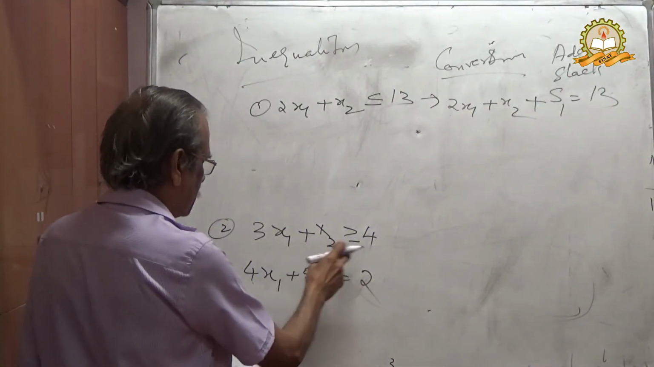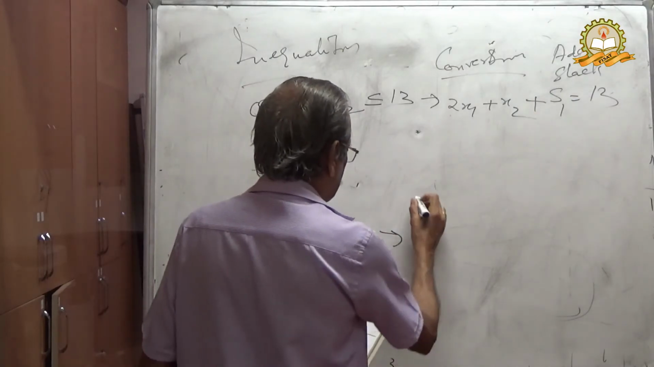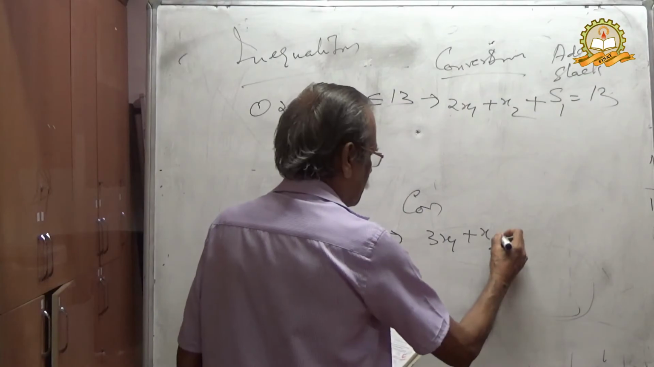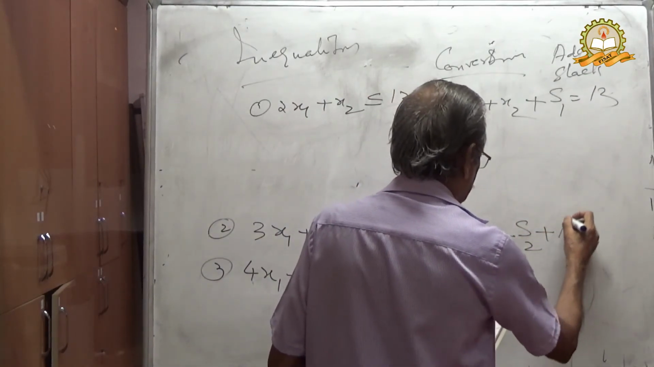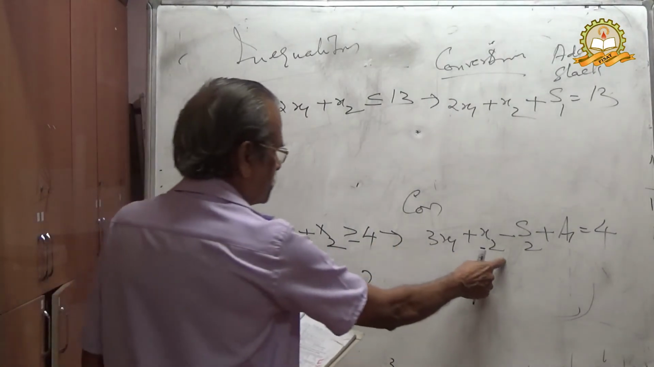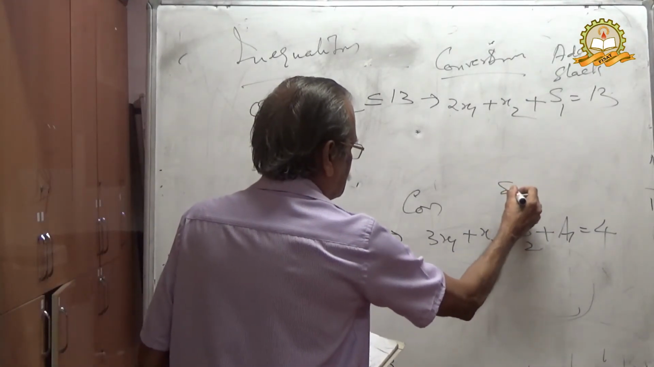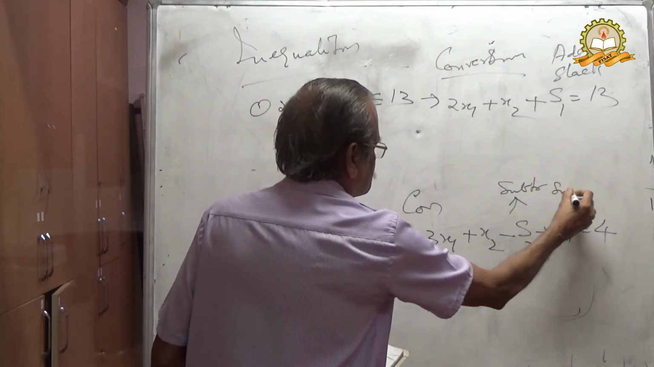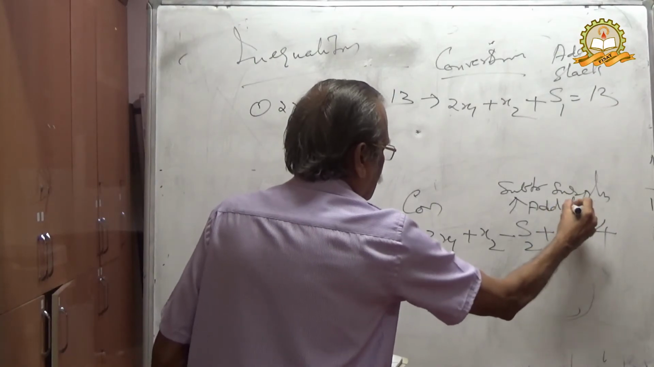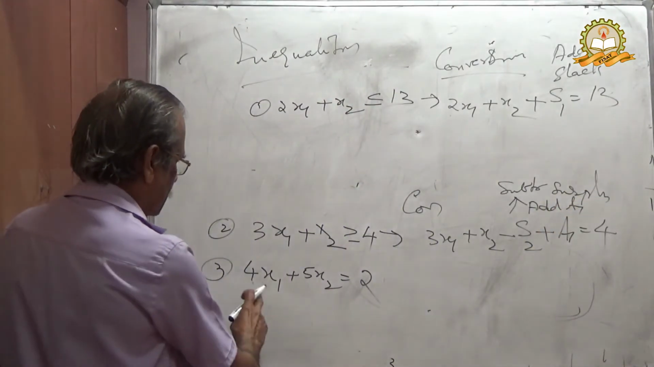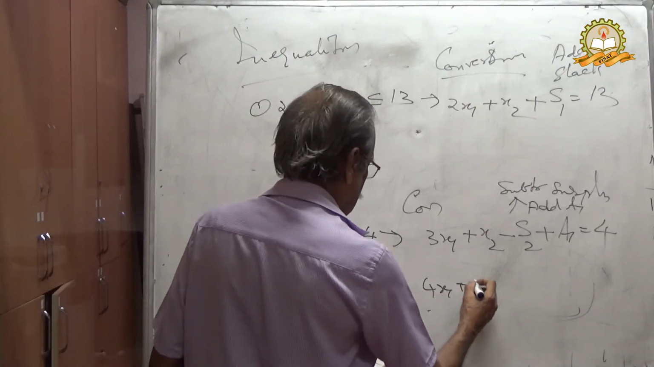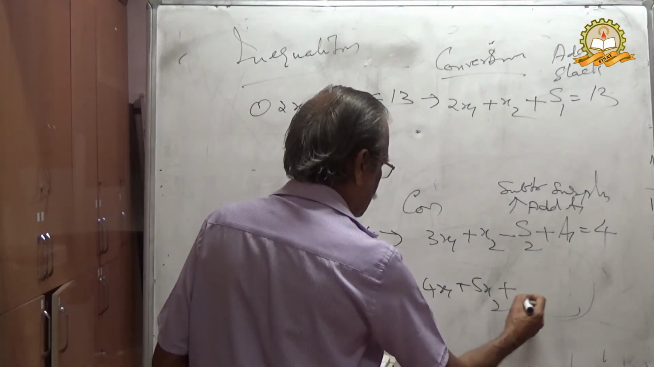Here you have greater than or equal to, therefore the conversion will be 3x1 plus x2 minus s2 plus a1 equal to 4. Greater than or equal to, therefore subtract the surplus variable and add a1, the artificial variable. Similarly, in this case the conversion will be 4x1 plus 5x2 plus a2